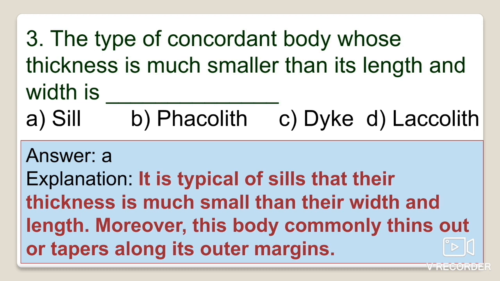So now we have discussed the whole definition and your answer is hidden in the question. They vary in thickness from a few centimeters to several hundred meters, but they are always thin as compared to their length, along the beds. And sills are commonly made up of dolerite and basalt.